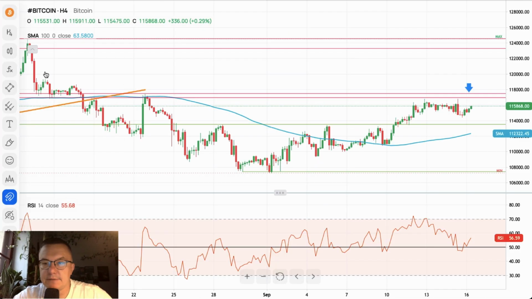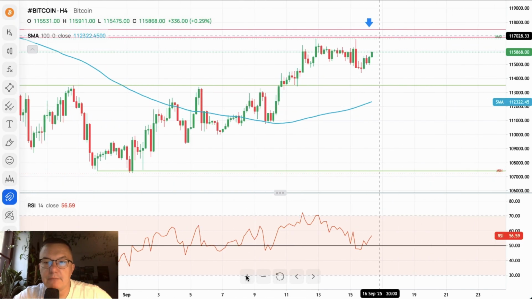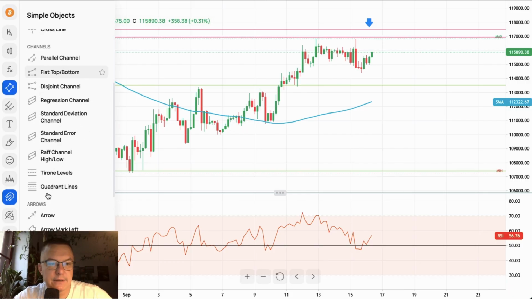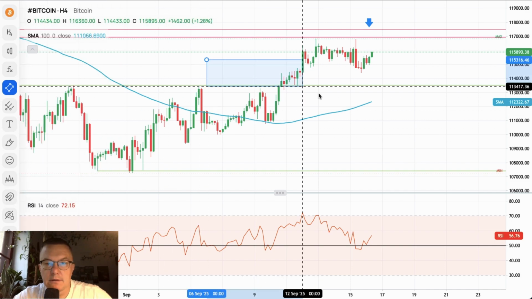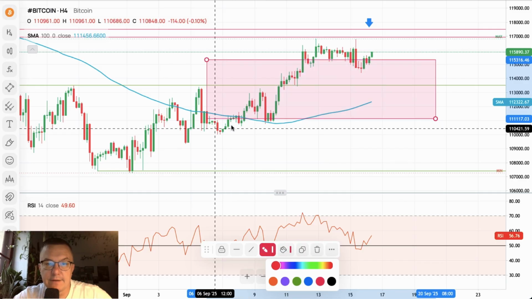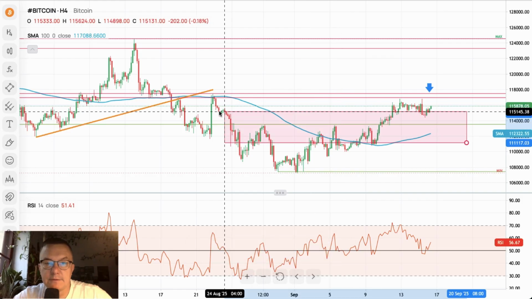How about the Bitcoin? What is the Bitcoin doing? Everyone is waiting for the Bitcoin breakout. Nevertheless, we are still below the major technical resistance, major supply zone. Let me just place the rectangle so we all know that this is a very, very significant area, and only if we break above this area the outlook might be considered a little bit more bullish.